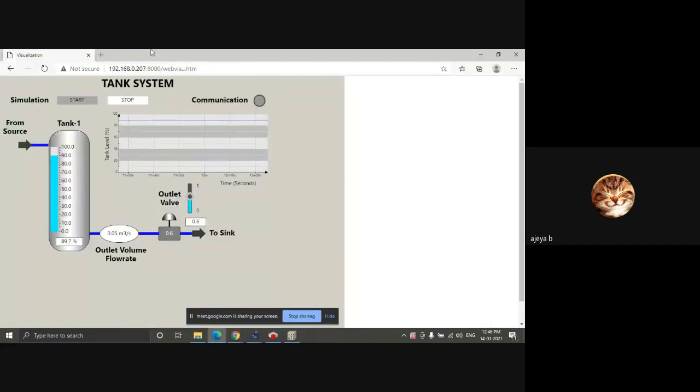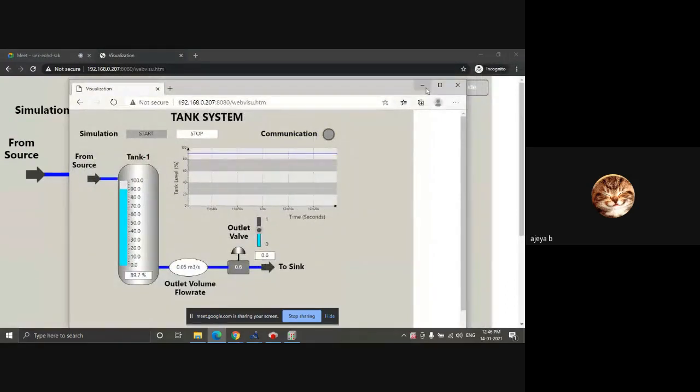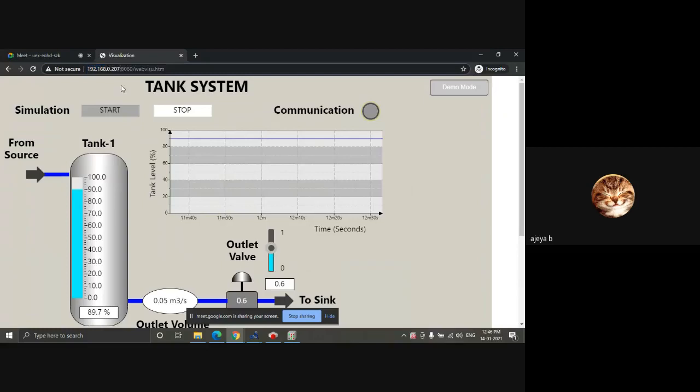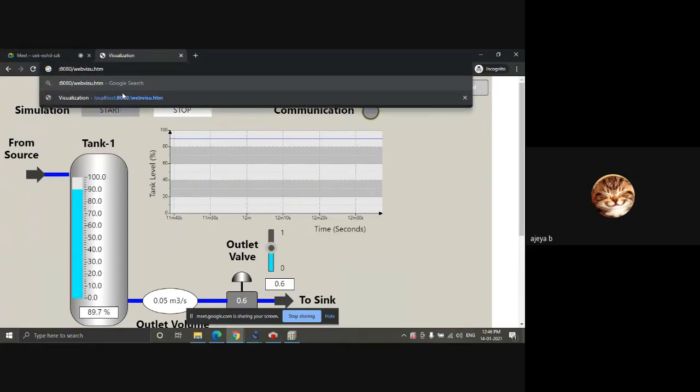If you're using it on your PC itself, where the CodeSys PLC is, you can use localhost. If you want to visualize it on another system, like I showed last time, while the PLC is still running in the current system, you use the current system's IP in place of localhost.